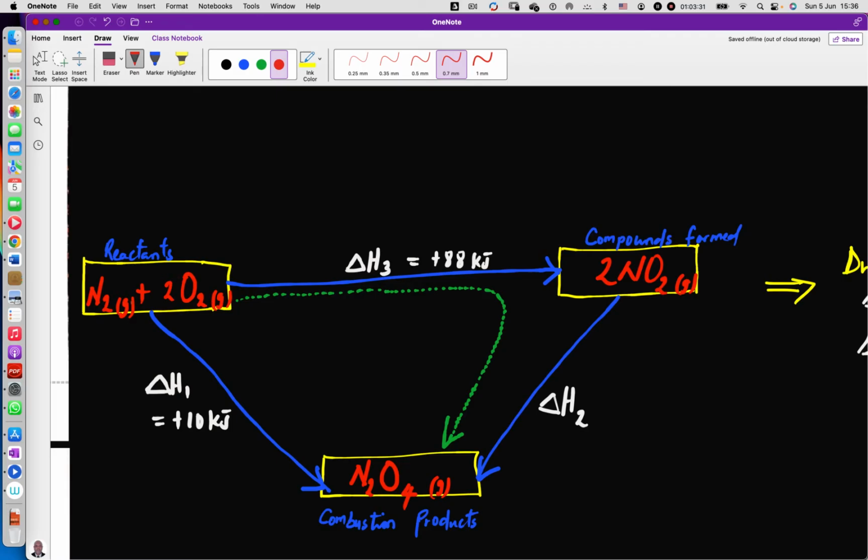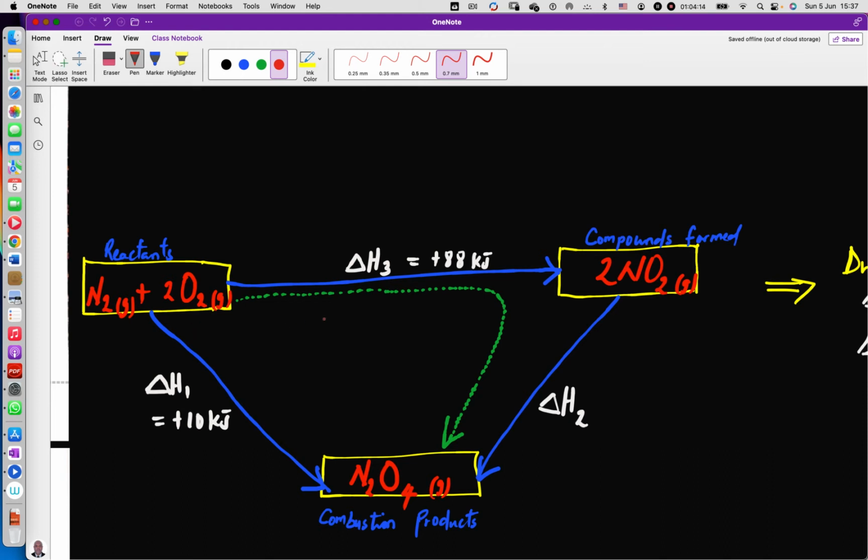Okay, if I draw using Hess's law, we have reactants here, we have compounds that are being formed here, we have combustion products that are being formed here. What you can do here is nitrogen plus, the reaction has been given. This reaction can get back to this one, and then this one can get back to this one. Now,